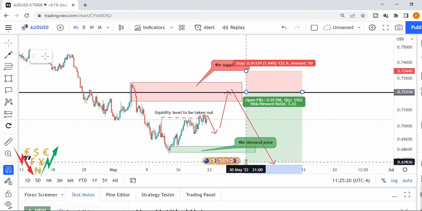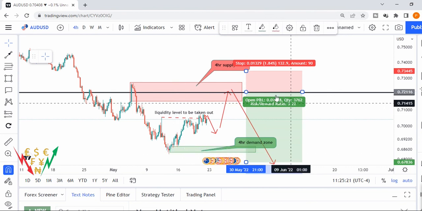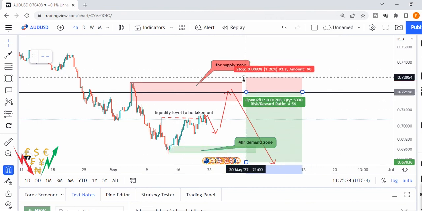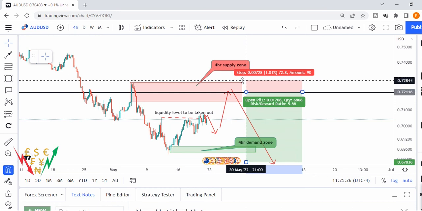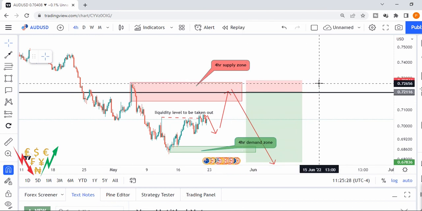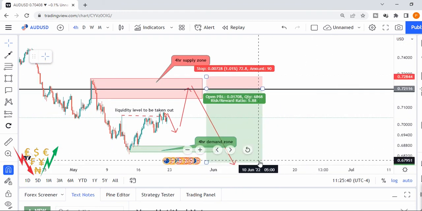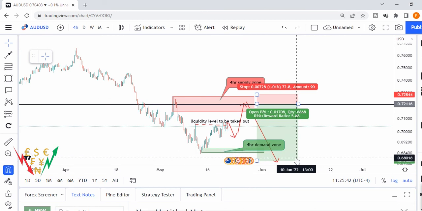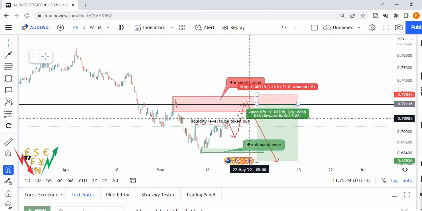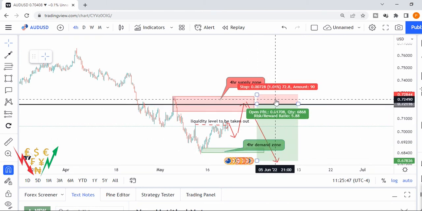I could take this to the downside, hoping that price will break this structure too, and then place the stop loss just slightly above this level. Now, when the market is moving, depending on what you see while the market is in motion, you can fine-tune your entries further to get the best of this analysis. This trade could run for as long as it needs to, but this will be the best opportunity to enter the AUD trade in the direction.